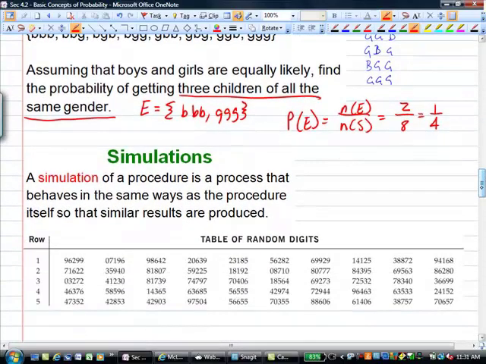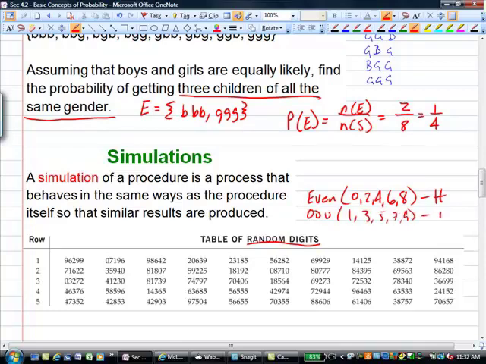a girl. A simulation is what we do whenever we want to not actually physically do what we did. For example, tossing the coins. I could have used a table of random digits like what we have here, and I could have come up with a simulation where instead of tossing all the coins, I can assign values like even digits are heads and odd digits are tails. So I could have said, okay, even digits, and those would be 0, 2, 4, 6, 8. Those would simulate a head, and odd digits, 1, 3, 5, 7, 9, would represent having a